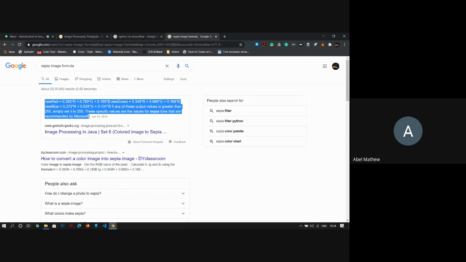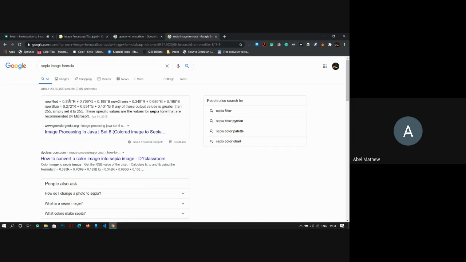These equations and formulas have come from research and hit and trial. Let's assume that you don't know how it works. You either need to understand how the color space works, which is a bit research based topic, so that's why we're using the direct formula to convert to sepia.